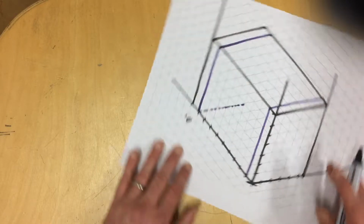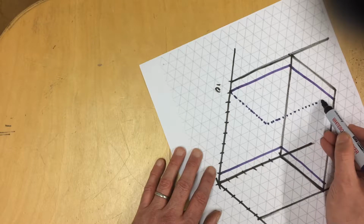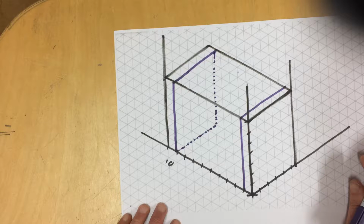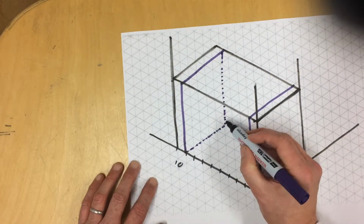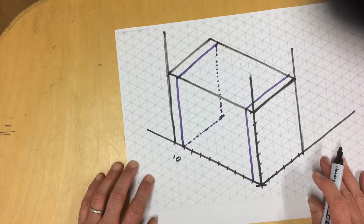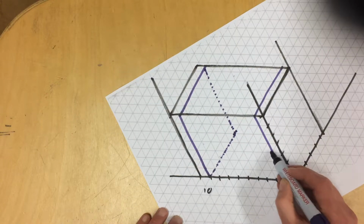Now I could faintly put in this bottom, put it in hidden detail just now so we can see where the back is. That could have been a little bit further over, we'll fix that later on. So that's the back and front ends done, and then we can move up 3 squares, 1, 2, 3